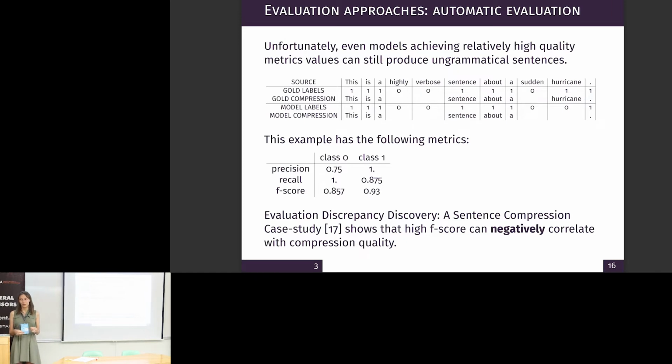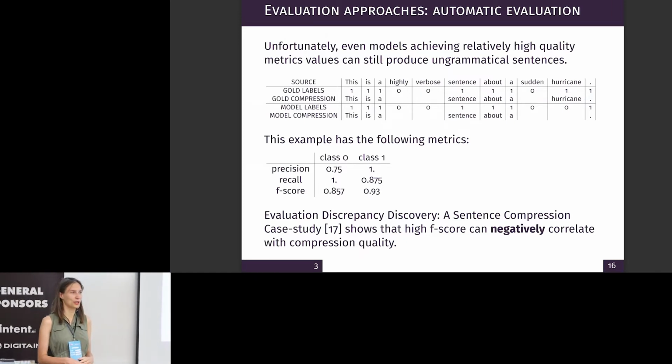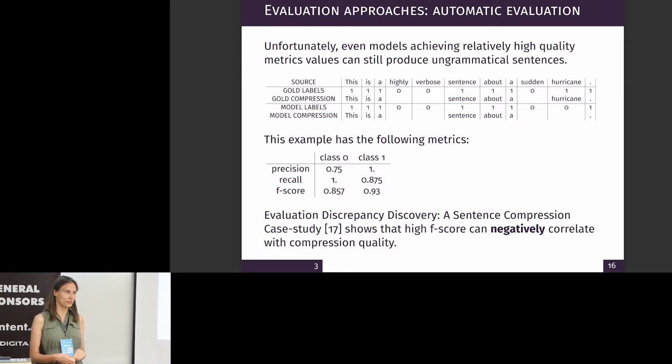And an even bigger problem is that it's not only about evaluation. Imagine we compute some loss for binary classification, let's say negative log likelihood. We will still have a good loss for this compression, because the logic is the same as for computing classification metrics. So either F-score or negative log likelihood loss will not be able to differentiate between missing some not so important word and missing an indirect object, which is very bad.